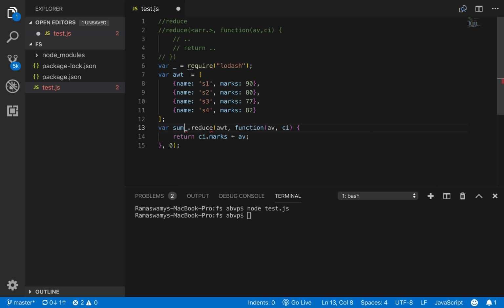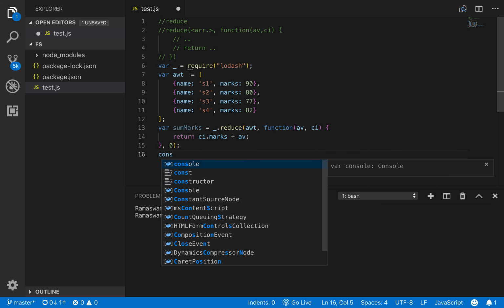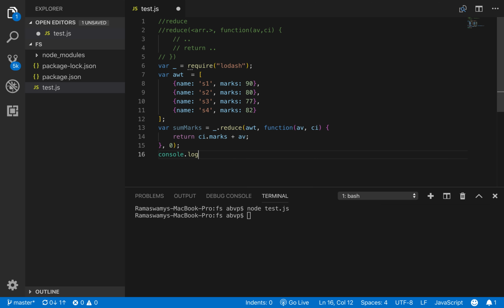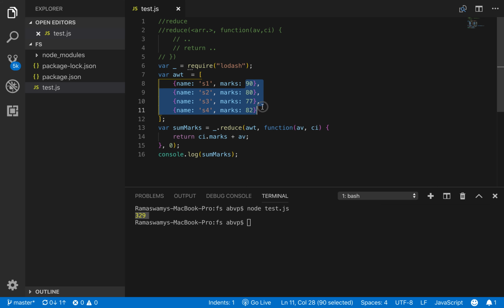So let us call it sum marks, and then do a console.log and print sum marks. Let us run the script now. We get 329. So 329 is the correct answer, as it is the sum of 90 plus 80 plus 77 plus 82.